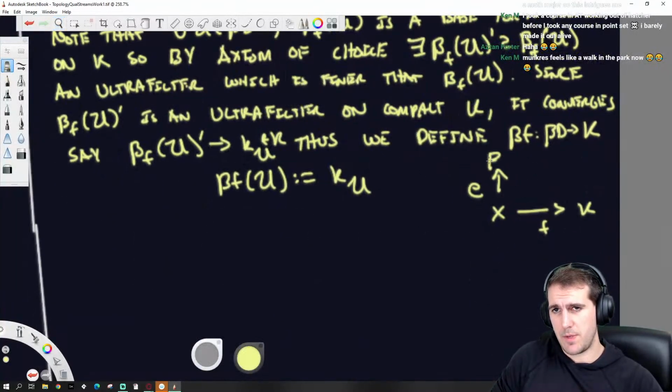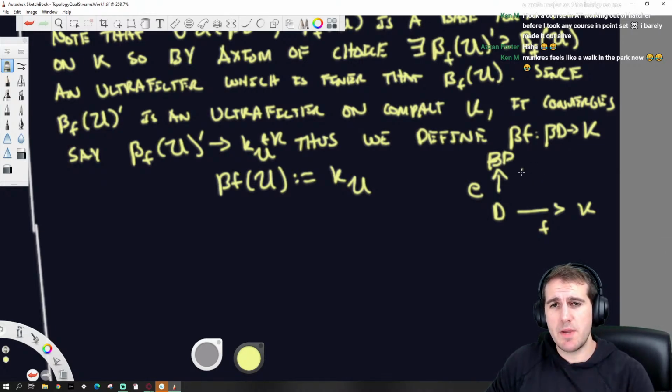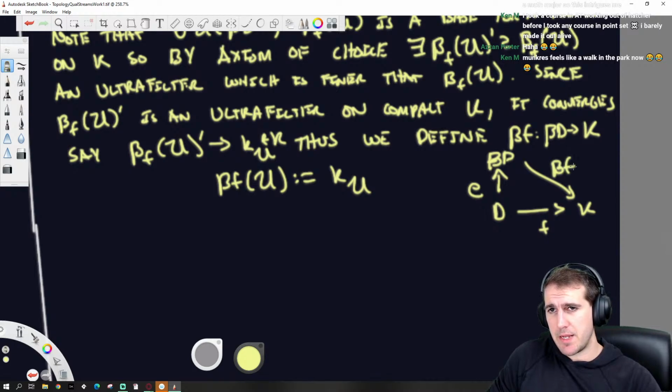And then you've got beta. I don't know why I'm doing X. It should be D. So we've got beta D, and now I've developed this map, beta f, and the goal is to show that, I drew the arrow wrong, that this arrow here is just f.